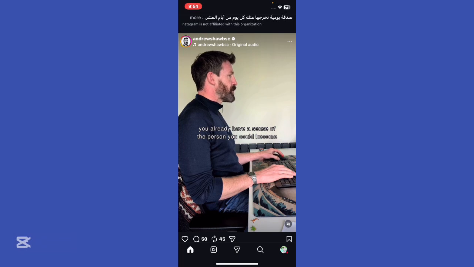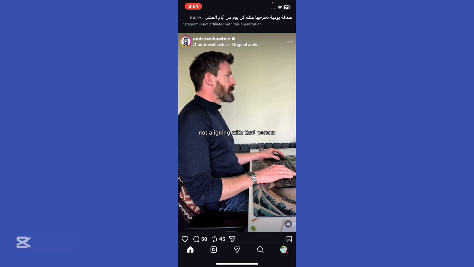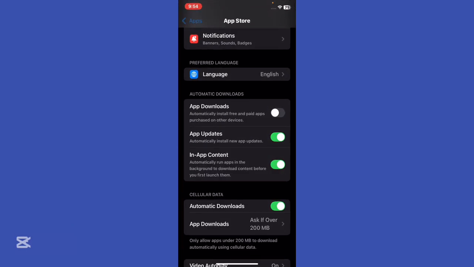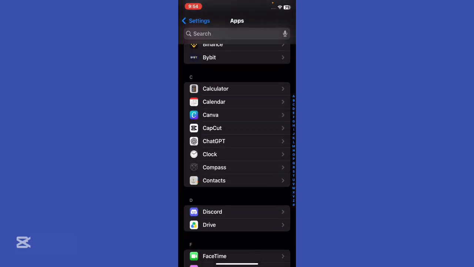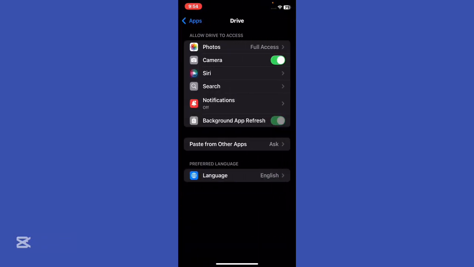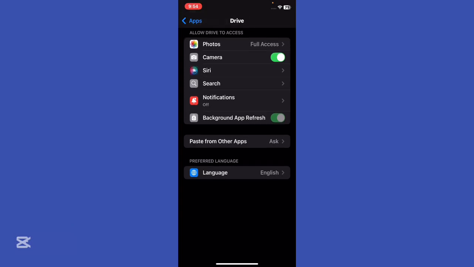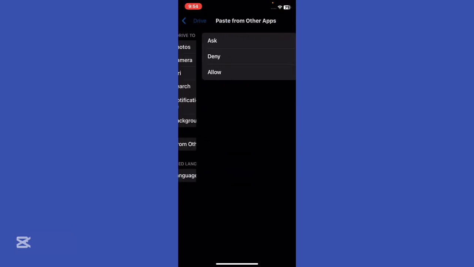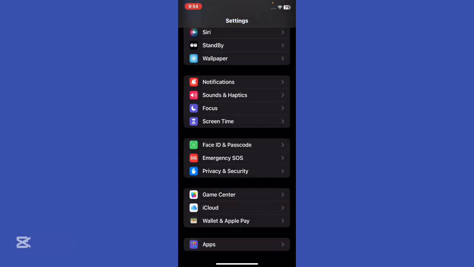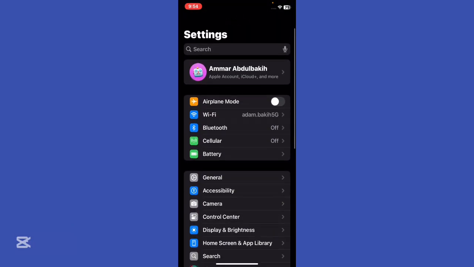Okay. Lastly, track and restrict specific apps. If you want to permanently stop rogue apps from using your cellular data at all, you can revoke their access individually. So go ahead to the settings and select an app, say Drive, right? And if you don't find the option to turn it off from the cellular,